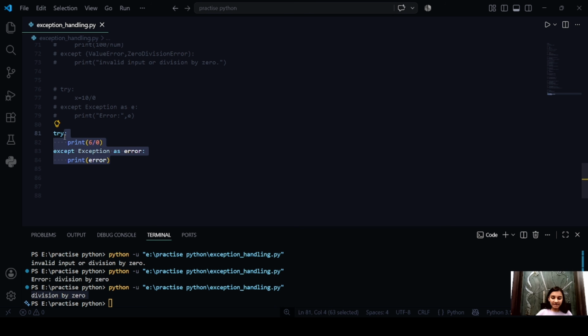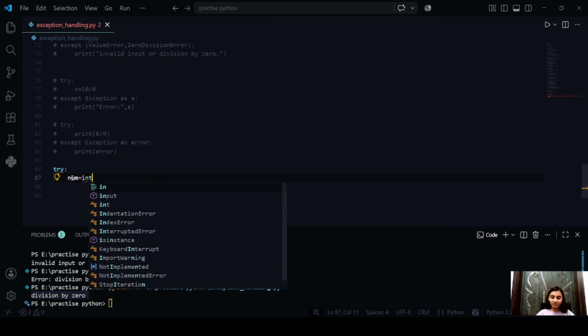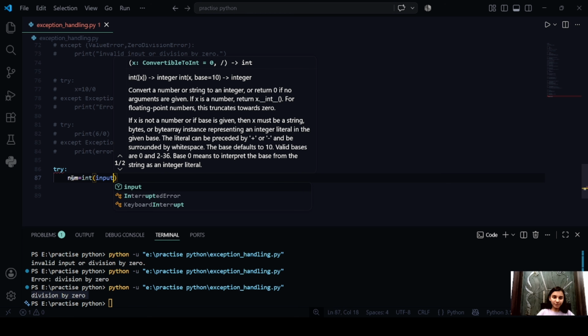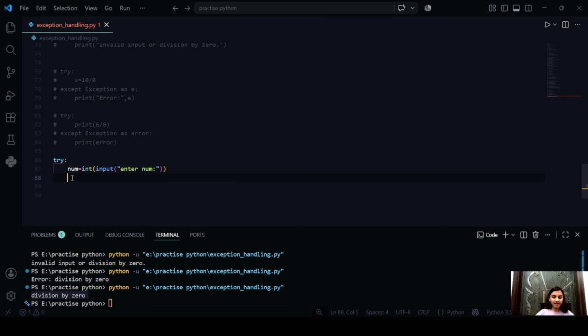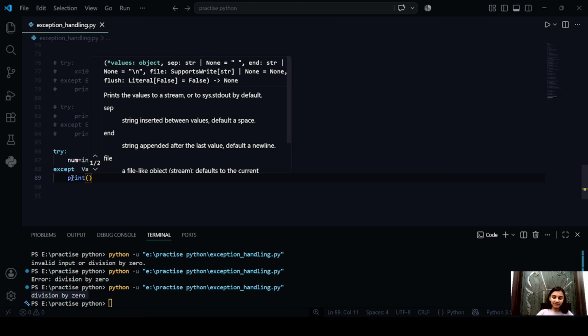Next, we can even take help of the else block in this. So using the else block, it executes only when no exception occurs. So if the except block isn't executed in any case, in that case the else block is executed when no exception occurs. So I have try, I'm taking input for a number from the user itself, right? So enter num, and now in the except block, let me add value error, right? It should print invalid input,